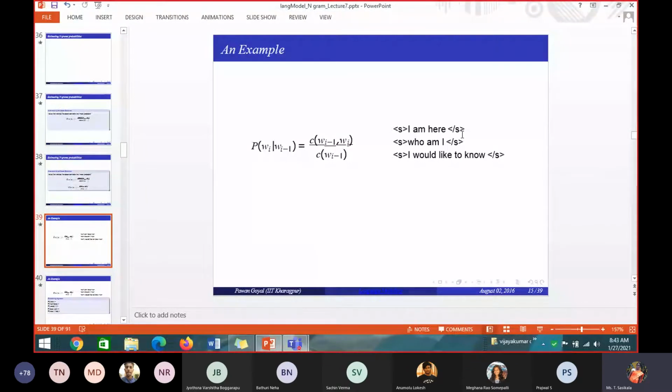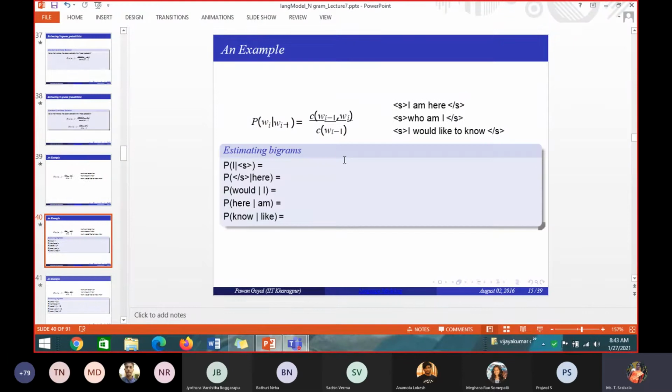So I have taken three sentences and I want to compute the bigram. This is the formula for bigram or trigram. How many words prior to the context am I taking here? One word. So it is a bigram. Good. Compute the bigram probability of W_i given W_(i-1) for these bigrams. I am asking to compute P of I given S, where S is the starting of the sentence.